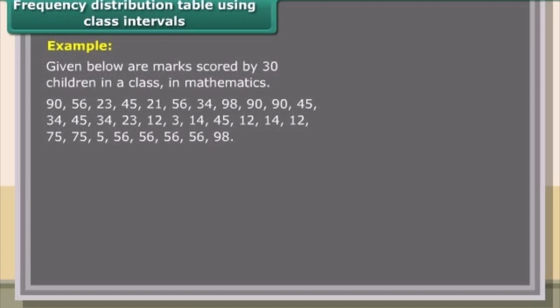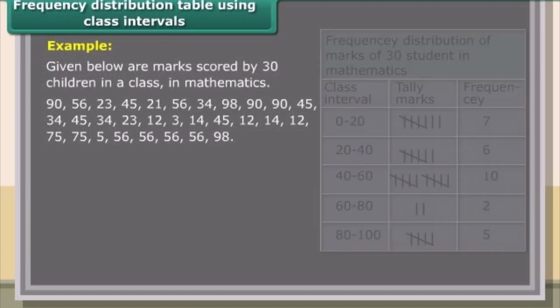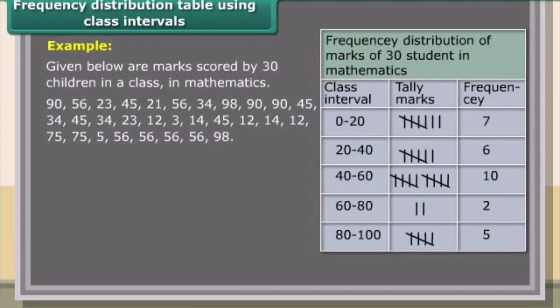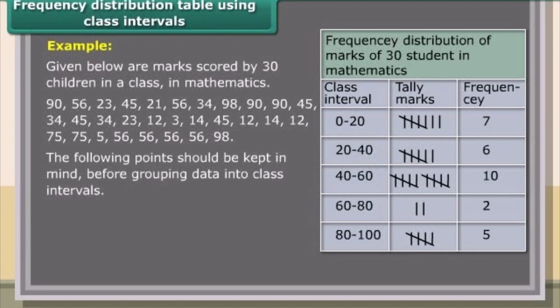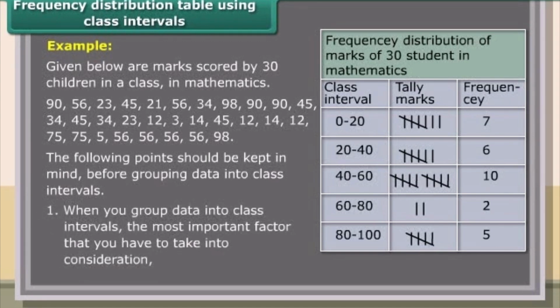Frequency distribution table using class intervals. Example. Given below are marks scored by 30 children in a class in mathematics. The following points should be kept in mind before grouping data into class intervals. 1. When you group data into class intervals,